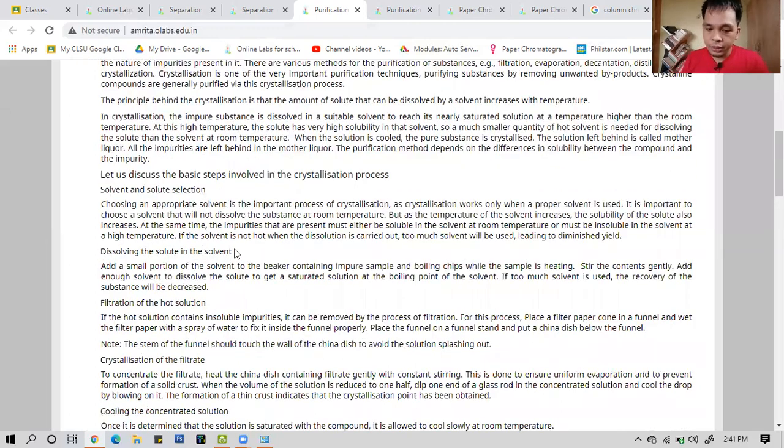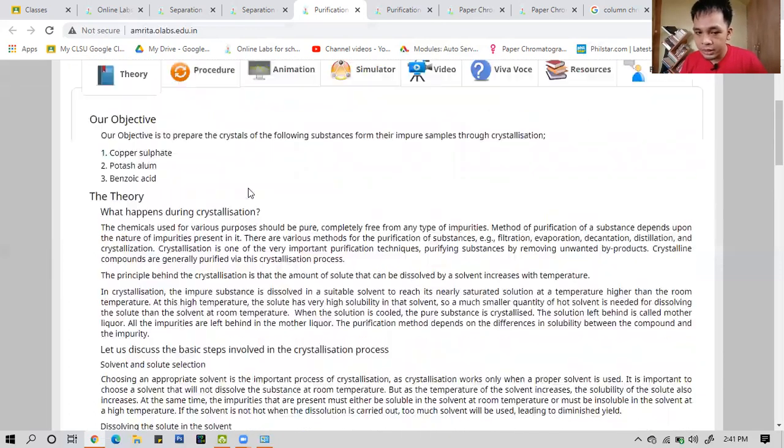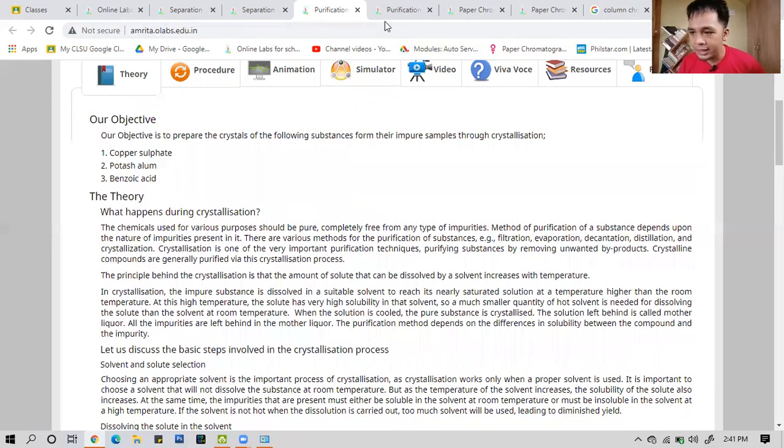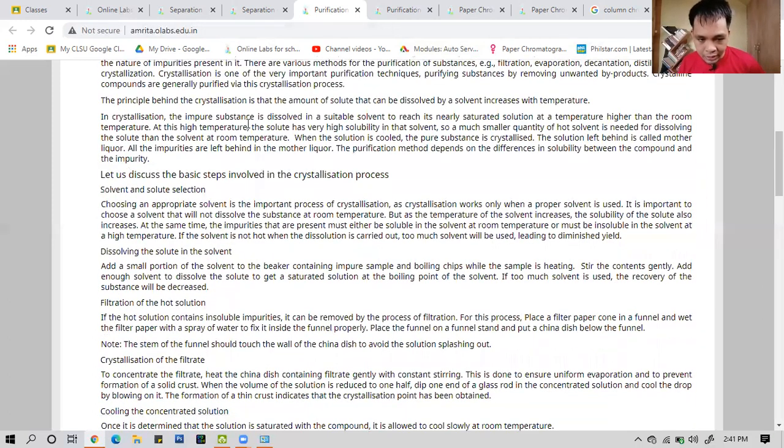Ngayon, ang principle naman ng crystallization natin, guys, is to eliminate the impure or the trace impurities from our copper sulfate or any other metal. So, paano ba mangyayari doon? Unang-una, di ba, sa ating simulator natin is ito. Okay, next. Wait lang. Okay, ang mangyayari dito sa ating simulator, guys,